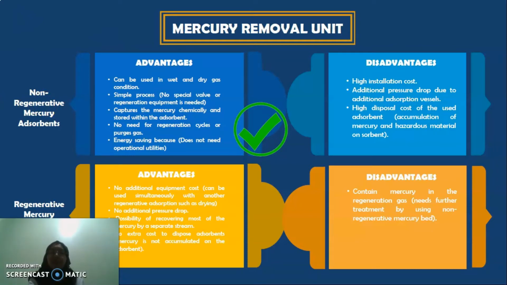This is to prevent any contamination of mercury in the rest of the plant. Besides, the concentration of mercury in the feed gas is low. We use activated carbon as the adsorbent as it has a great ability to adsorb mercury. Next is